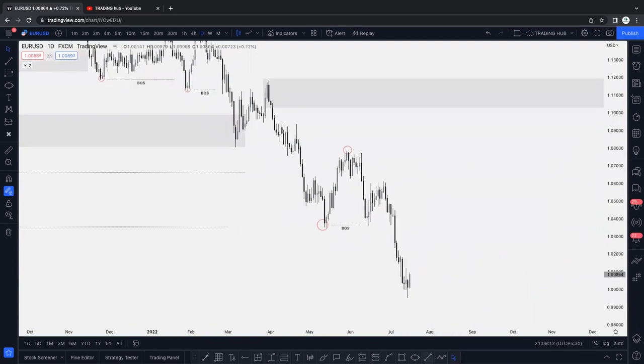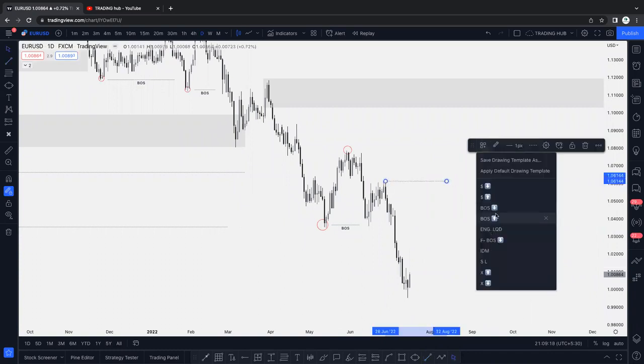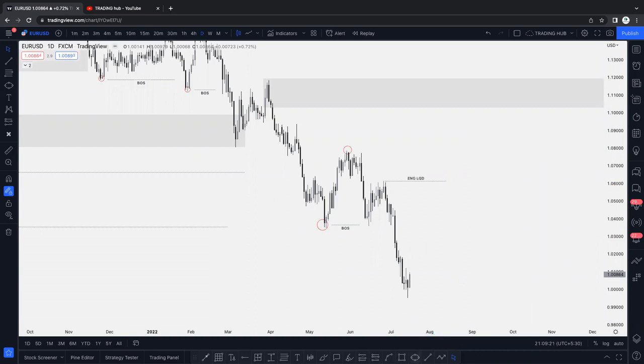And right now this one is an extreme zone, and this one is our engineering liquidity as per the daily perspective. And this is a zone where we are anticipating a price push downside. Okay, so